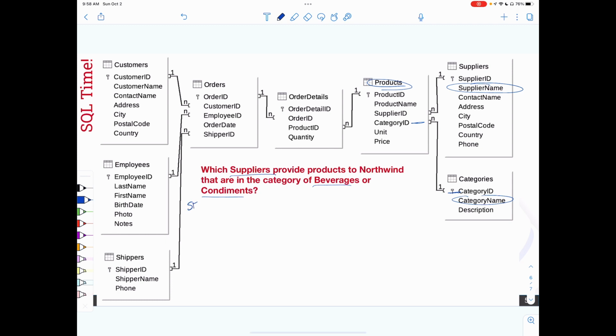So select, we're going to want supplier name from suppliers where supplier ID, and I'm going to use a nested query to get the set of supplier IDs from products whose category ID is in what we got from the previous query. So where supplier ID in, here's my first nested query,